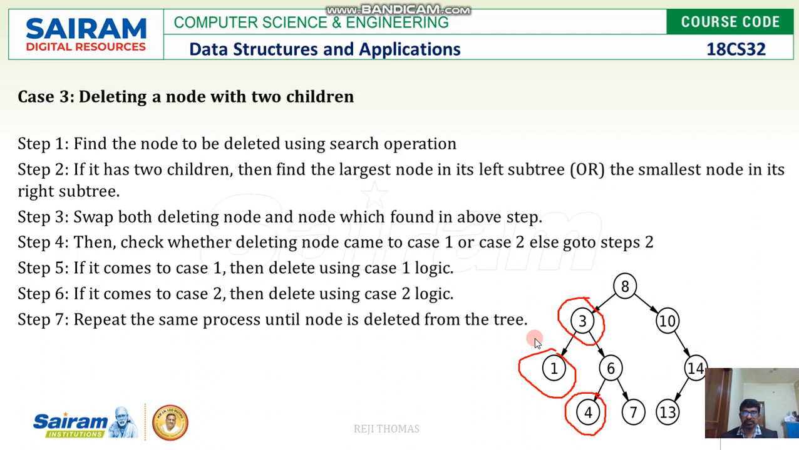So repeat the same process until the node is deleted from the tree. You have to remember, you have to iterate through these 7 steps. First thing is you have to find the node, then you have to find the largest node in the left subtree and the smallest node in the right subtree, swap it, then you have to check for the cases. If it is case 1, you know what you have to do. If it is case 2, you know what